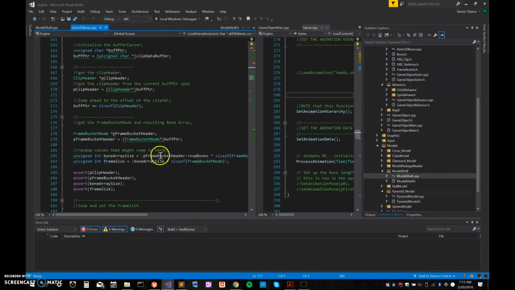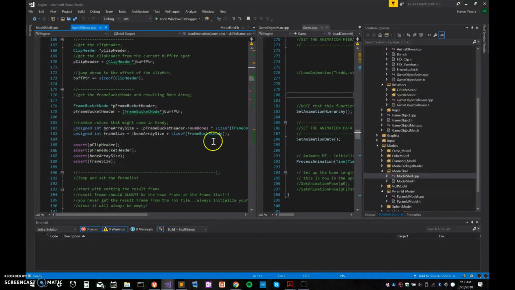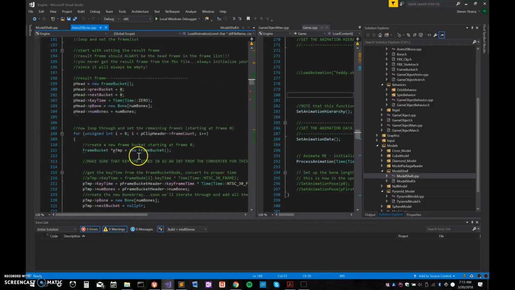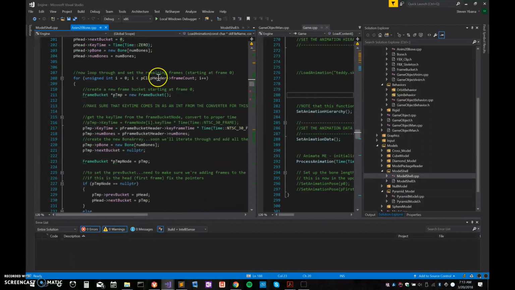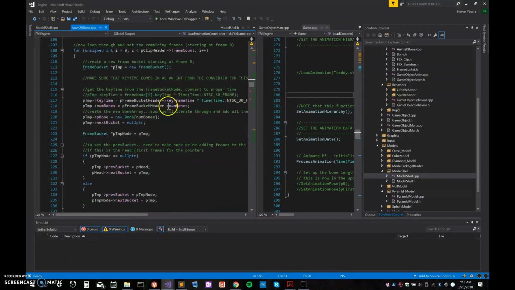I was able to have the clip header at the very front of the animation file, and then right after that have a frame bucket header that had all the relevant data for that particular frame, and then behind it I was able to pack in all of the bone arrays directly behind it, so I was able to just iterate through and unpack this thing through a loop based on the frame count,